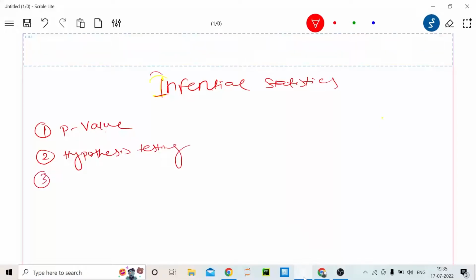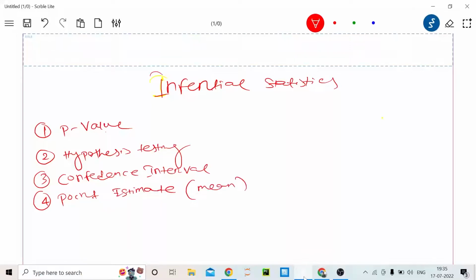Number three, confidence interval. Number four, point estimator. Number five, Z test,